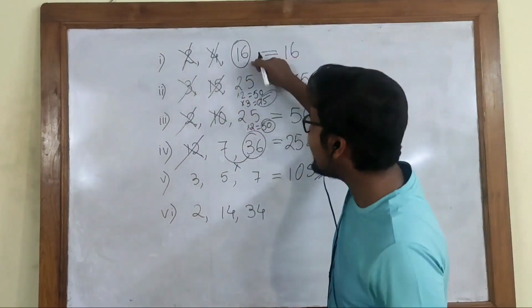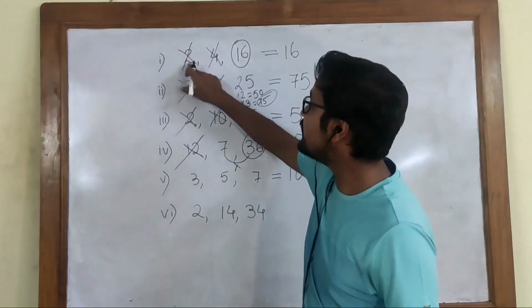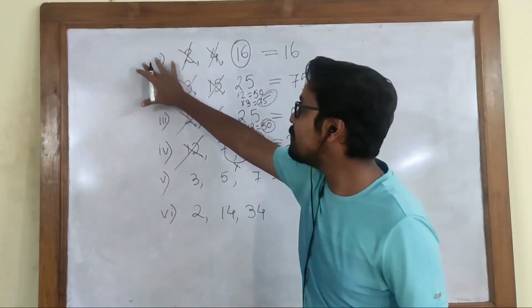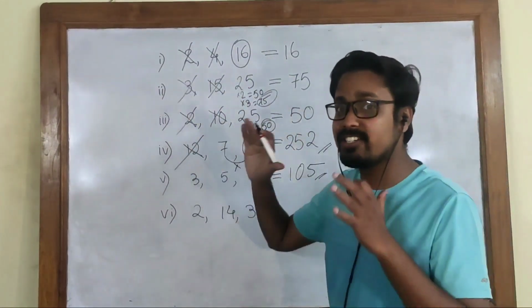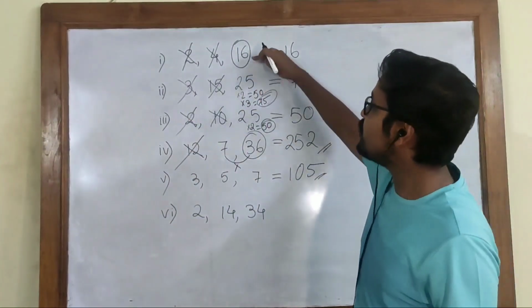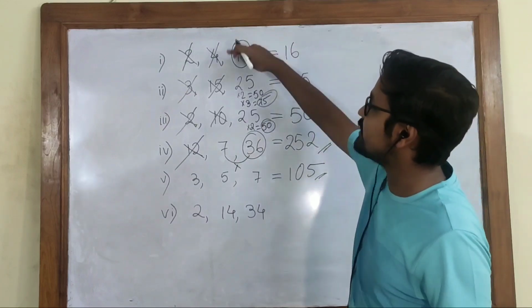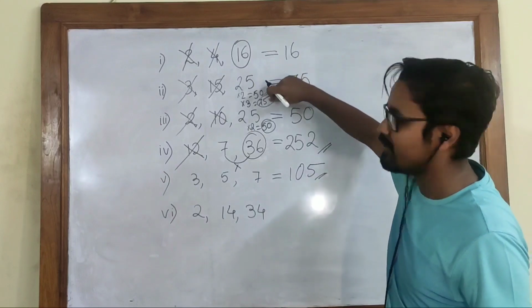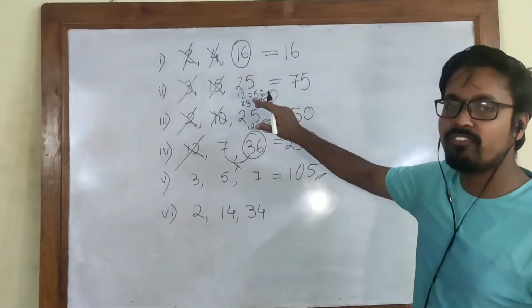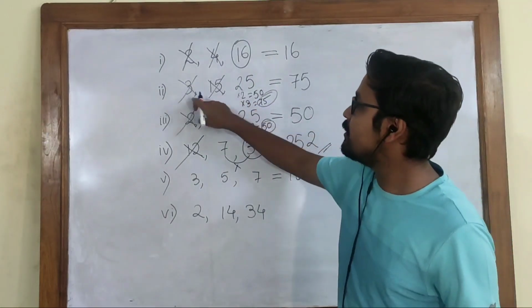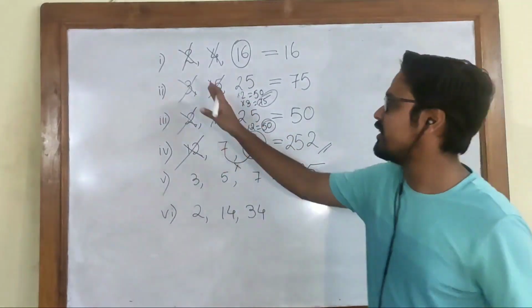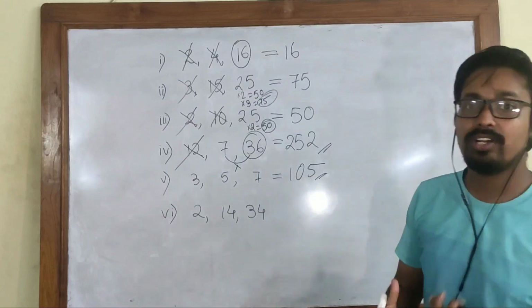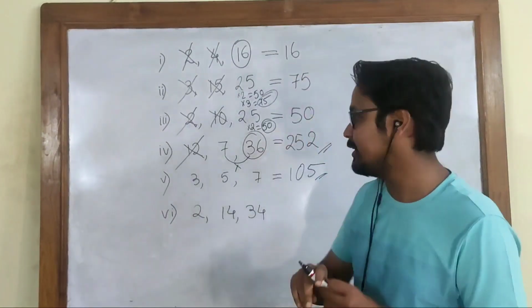First you find out the highest number. Then you check whether the remaining 2 or 3 or whatever amount of numbers you have are factors of this. If it is not a factor, then what we do? We start finding the multiples of this largest number. Just like here we did 25 into 2, 50, 50 into 3, 75. And at one place you will find where this number becomes a multiple of these 2 or 3 or 4, however many you have. And this will become the LCM. So always the largest number becomes the LCM.